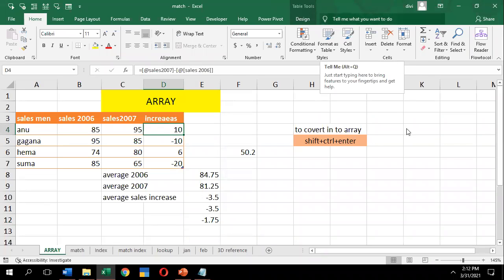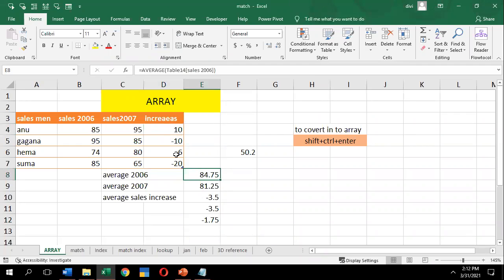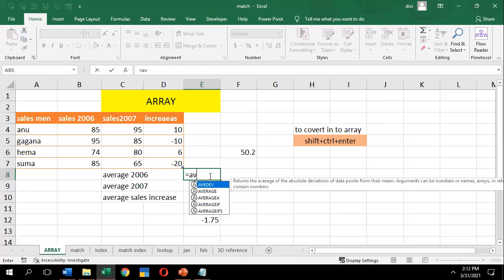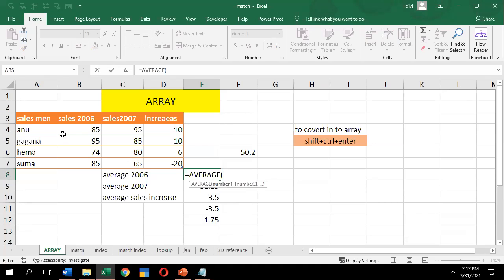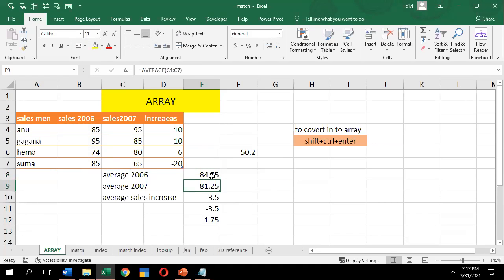For a single value, if you want the average, you type equals AVERAGE of the selected range, and when you close the bracket you'll get 84. This is a single average.